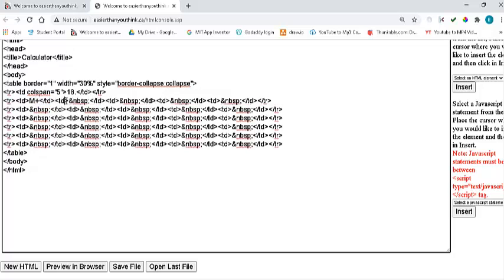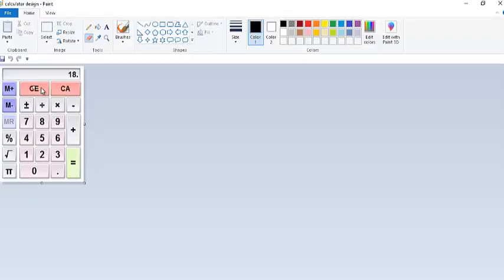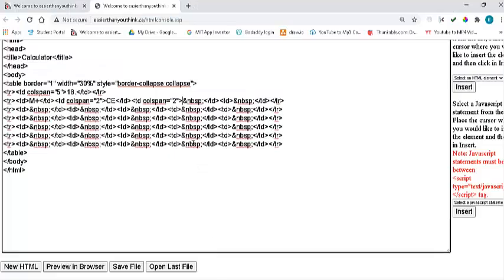Then the second one is going to be CE. But the second one is going to span 2 columns. So column span is equal to 2. So I'm going to erase the next column. Now the next one is going to be again 2 columns. So column span is equal to 2. And if you look at the design, it's going to be CA. So I'm going to have CA here. And I'm going to erase this